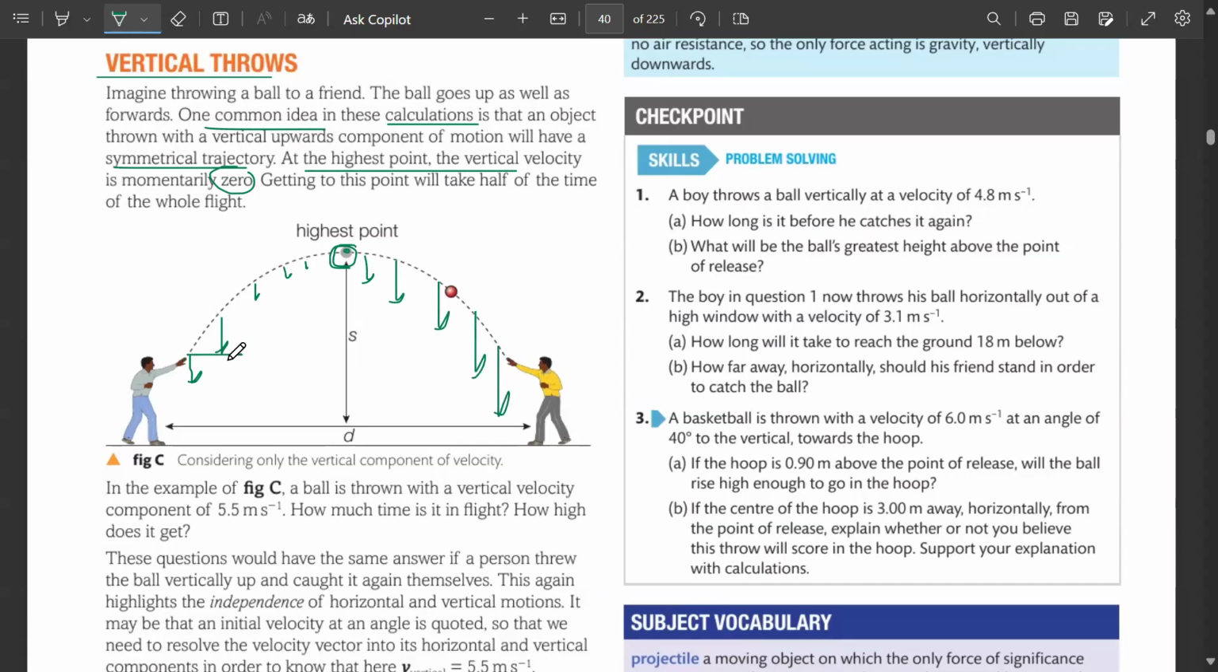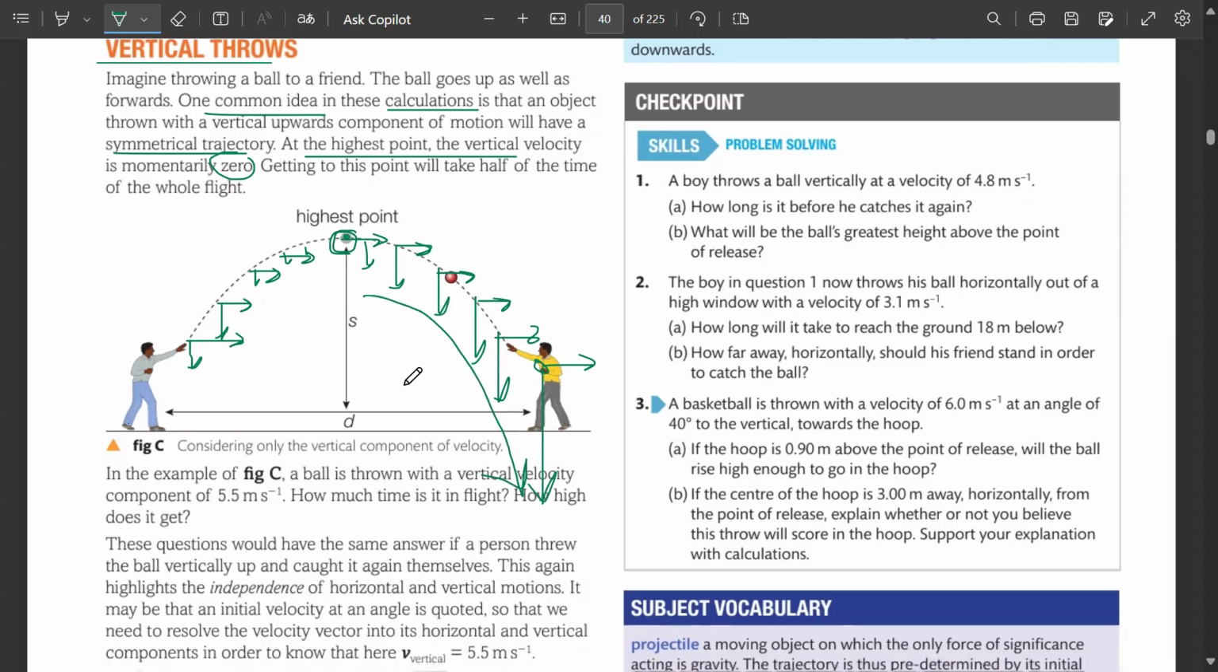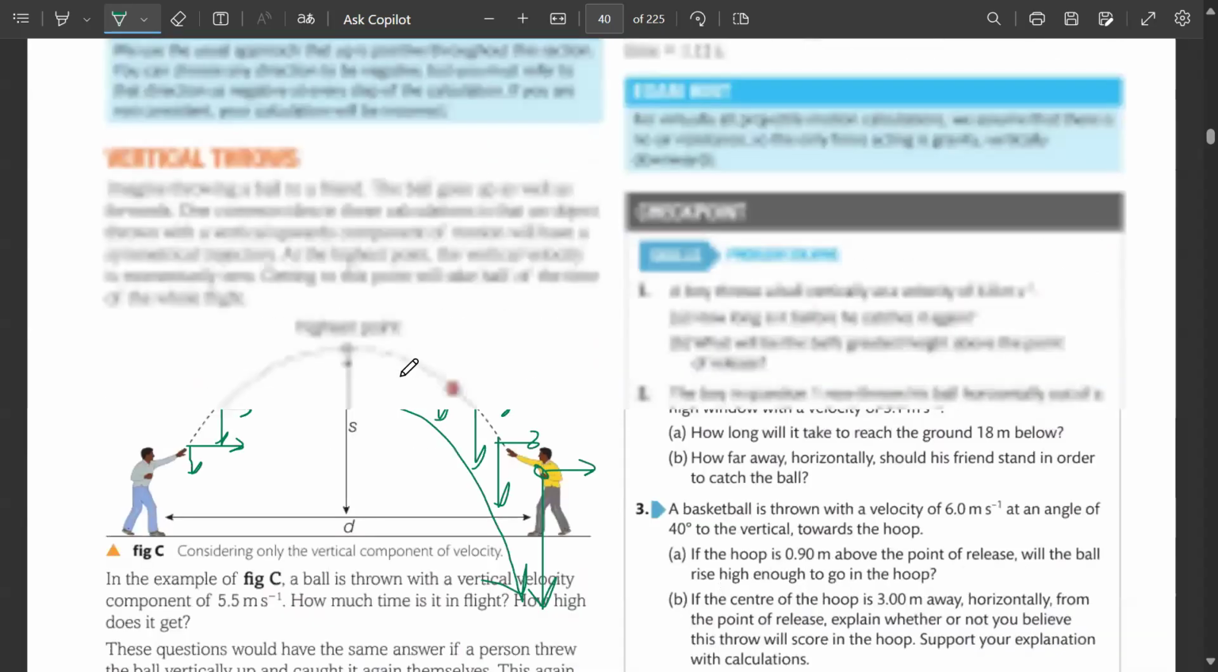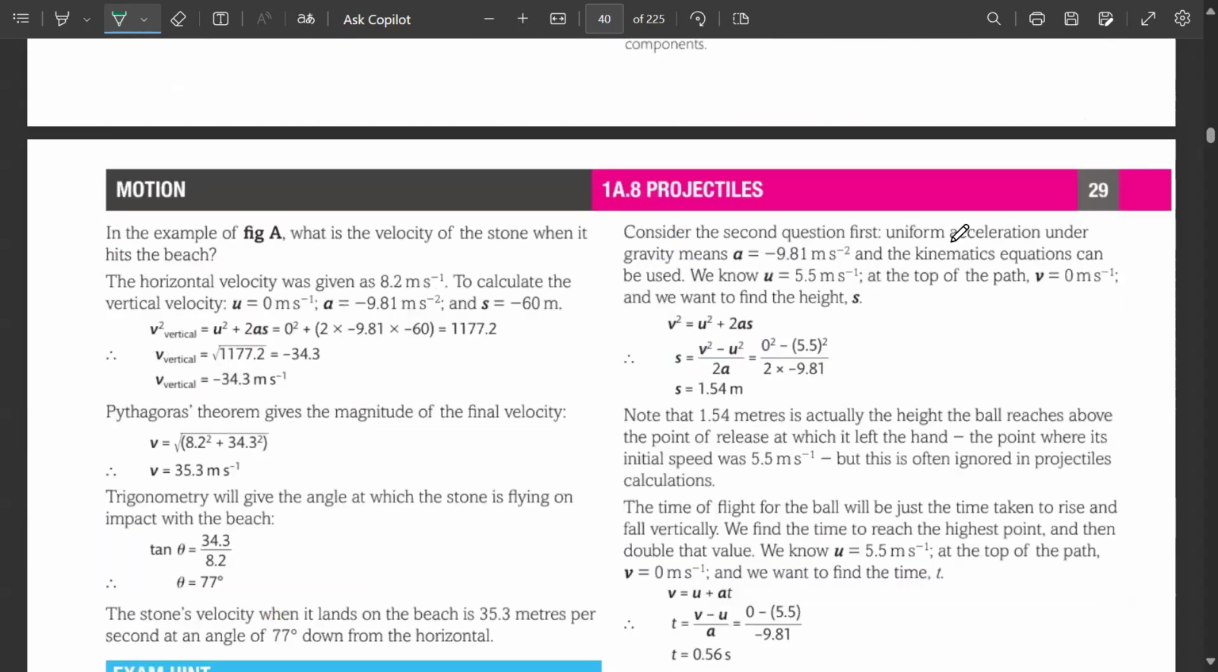बट जो आपके पास horizontal velocity है ना, its size is always going to remain same, constant, constant size. But you can see that vertical velocity, ठीक है, horizontal का वही है, but vertical velocity size is actually increasing as it comes down the trajectory path. So consider a second question. First, uniform acceleration under gravity means a is equal to minus 9.81, and the kinematics equation that can be used